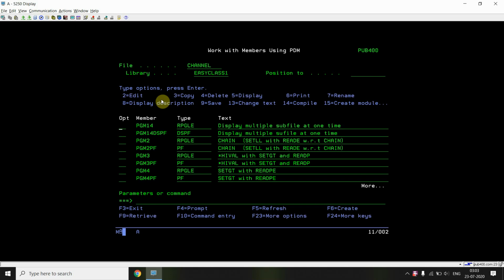If you are displaying a single subfile at a time, you are only loading the one subfile. But while displaying multiple subfiles, you have to load them all, and then you don't need to do the execute format, you just have to write and read the subfile. So you can watch this video and get the basic idea of how you can write your own code to display more than one subfile at one time. So that's all in this video.